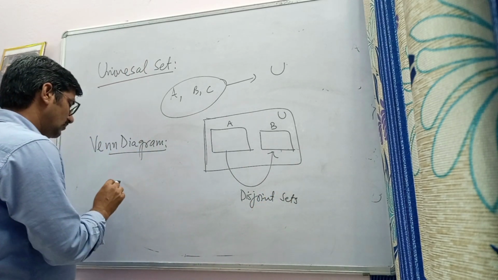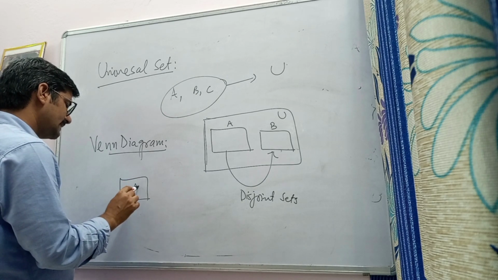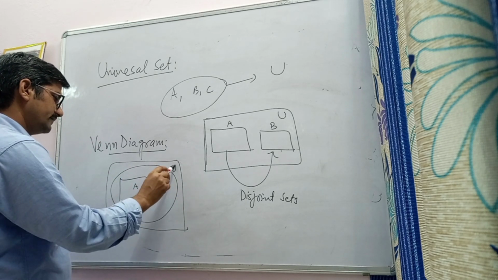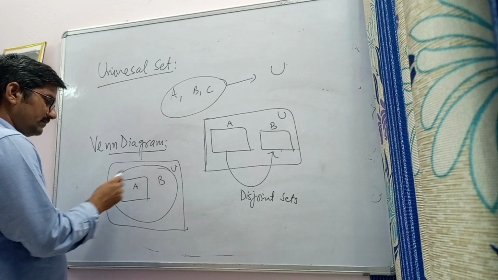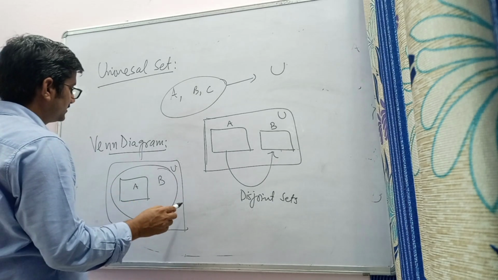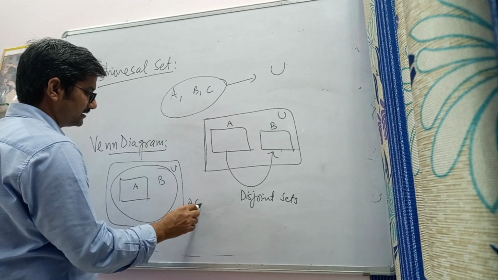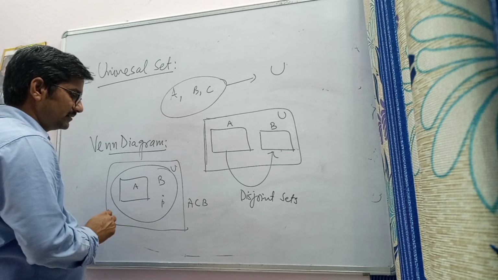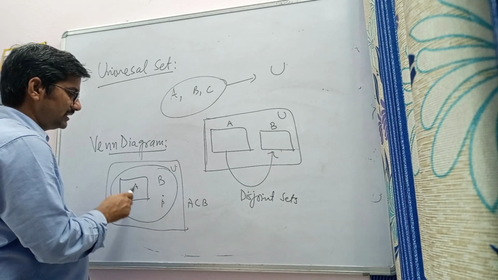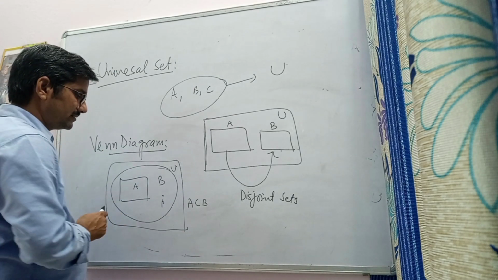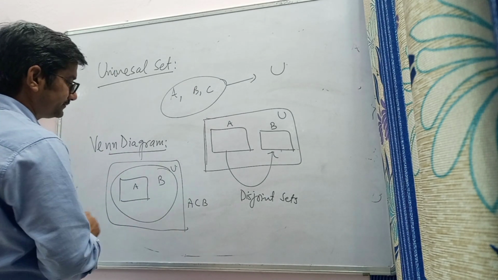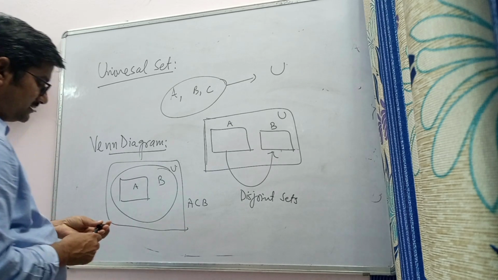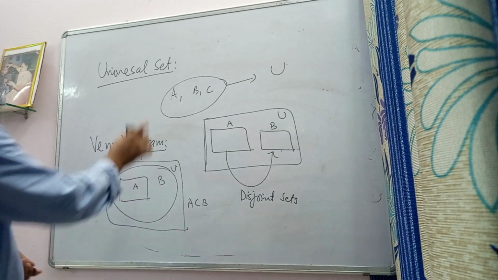But if all the elements of A are contained in the set B, suppose this is the universal set, then this picture is the Venn diagram for A is a subset of B. From this picture you can say that if there is at least one element, say p, which is outside A, means which is not in A but it is in B, then A is a proper subset of B, and B is said to be the superset of A. Next we will discuss some operations on the sets.